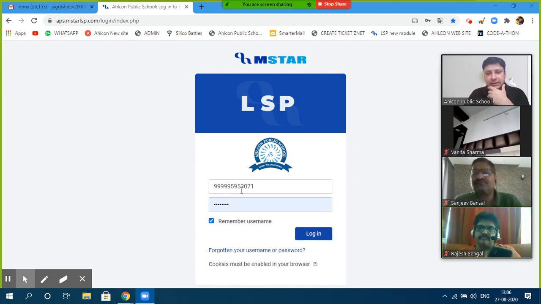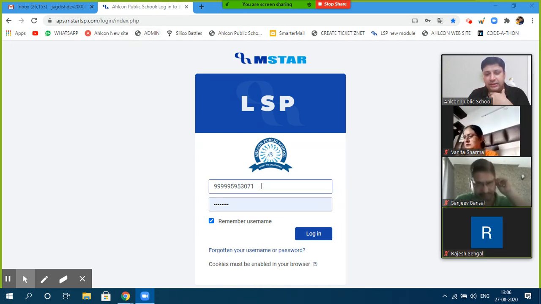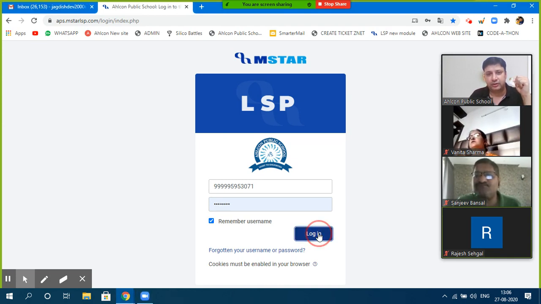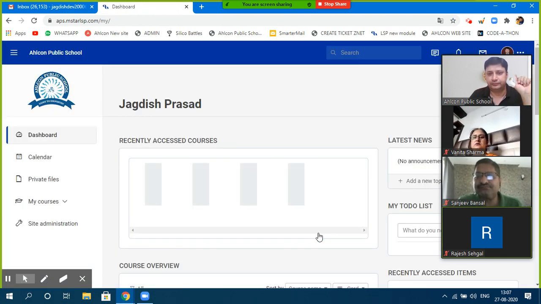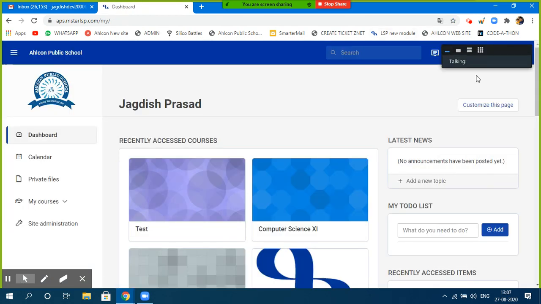So this is your LSP page that will be loaded as soon as you write down this link in the address bar. You need to specify this username and the password. This username is exactly the same as what the OMB card has. Initially, you just need to remove those, start with those 5 9s, enter the username and the password, and click on login. Once you click on login, it will open this page for you.